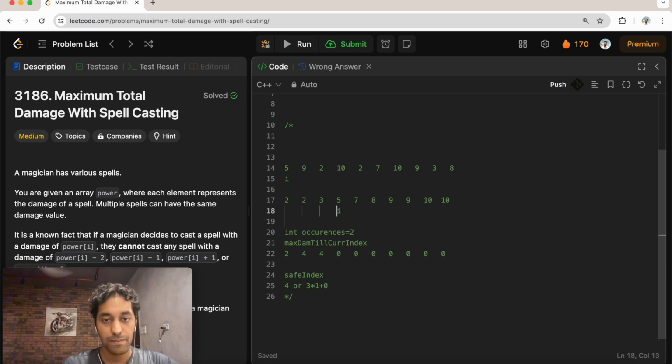Now I'm here, right? Here the number of occurrences will be 5, the number of occurrences will be 1, the maximum value can be 4, so 4 or 5 into 1 plus the maximum damage till current index of a safe index. In this case the safe index will be the last index